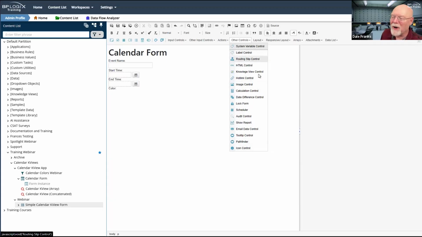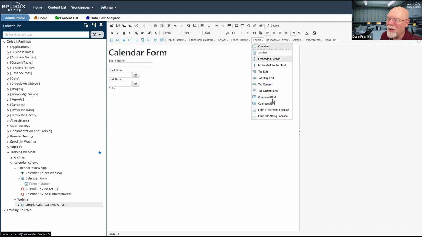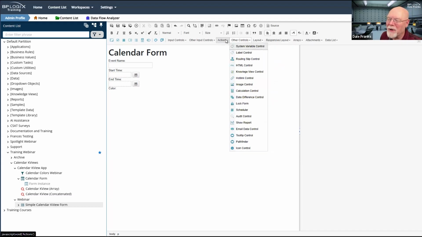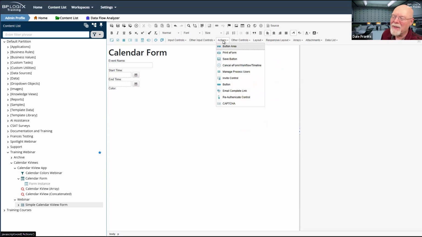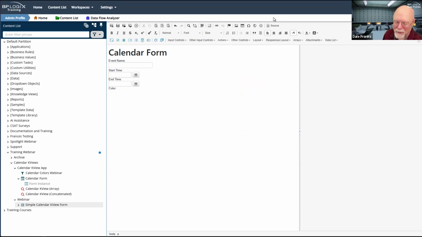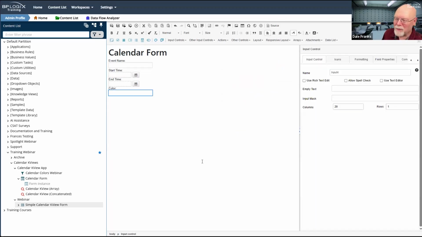It is called the color picker control, and it's cool, and I can use it for a lot of stuff. But unfortunately, I don't have the color picker control here. That would have been cool, but we're not going to be able to use it. So I guess we'll just throw in a text field, and we'll have to set the color manually.